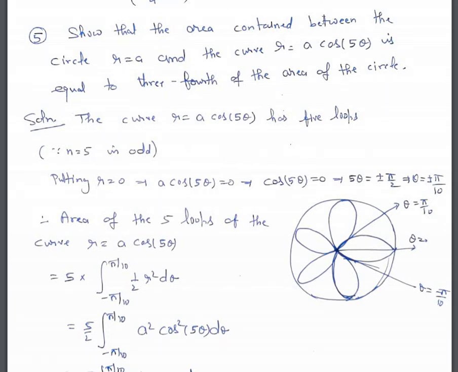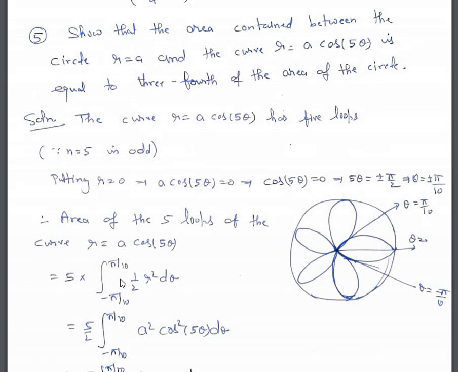So we have cos 5 theta is equal to 0. That means cos 5 theta is 0. So 5 theta is plus minus pi by 2. So theta is plus minus pi by 10. So therefore for one loop theta varies from minus pi by 10 to pi by 10. So therefore area of the 5 loops of the curve r is equal to a cos 5 theta is